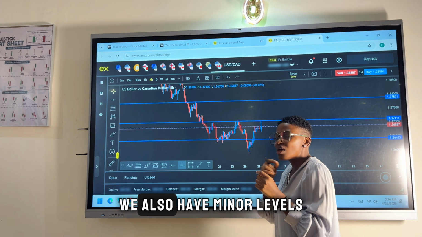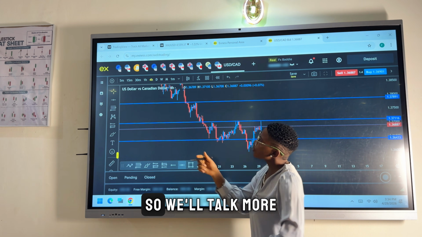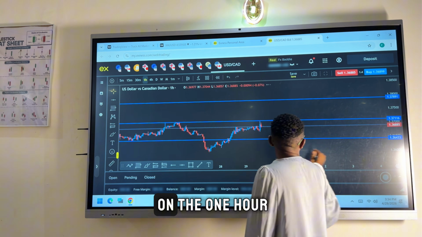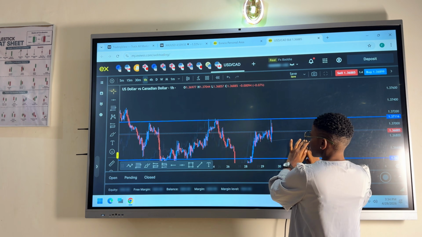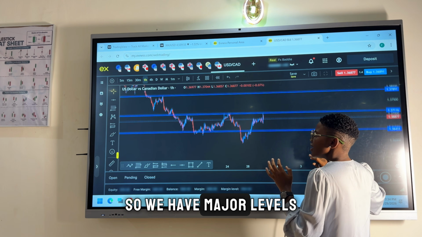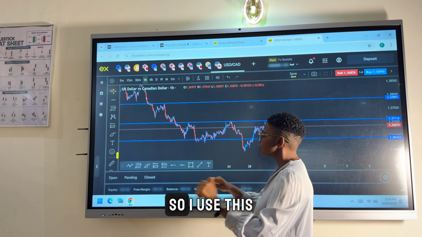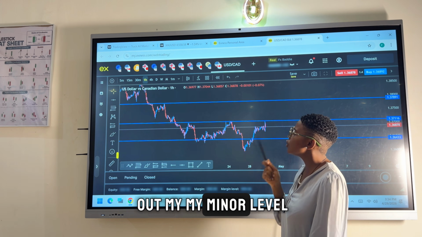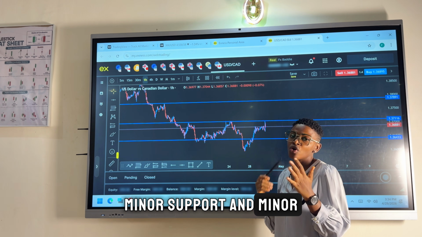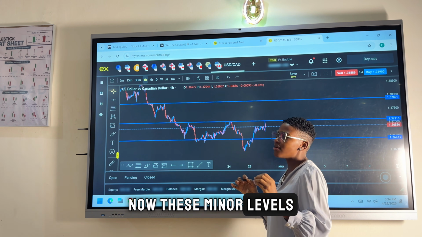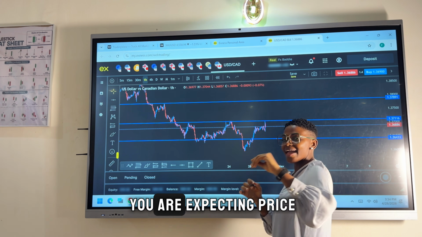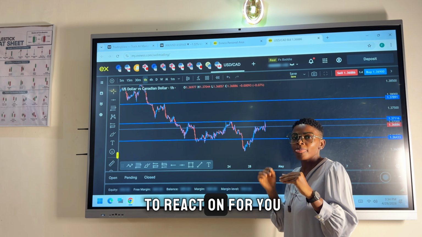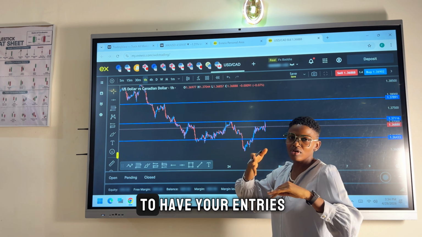we also have minor levels. So we'll talk more about the minor levels on the 1 hour. So we have major levels and we have minor levels. I use this horizontal ray to mark out my minor levels, minor support and minor resistance level. Now these minor levels are levels that you are expecting price to react on